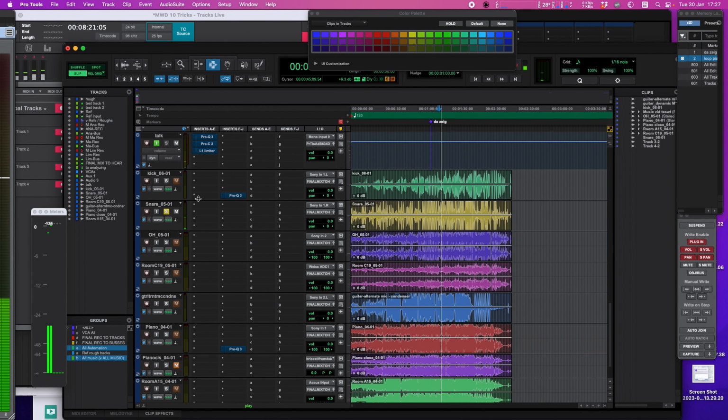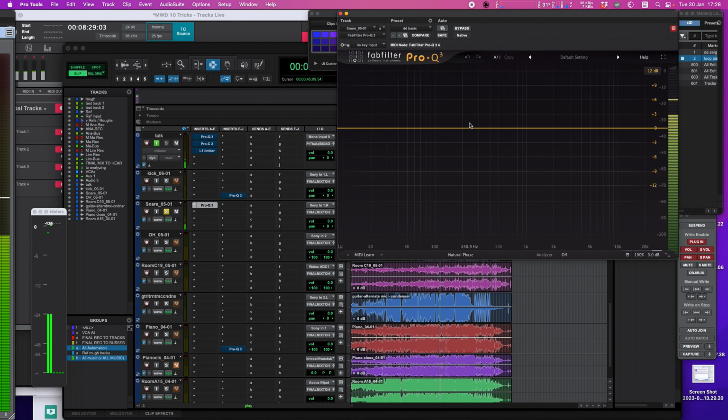So we are not going to have great sounding tracks, we are going to have difficult sounding tracks. Let me quickly show you. This is the snare drum, and as you can hear, it sounds boxy. Now, fix it with an equalizer. The goal is to find the resonating frequencies.